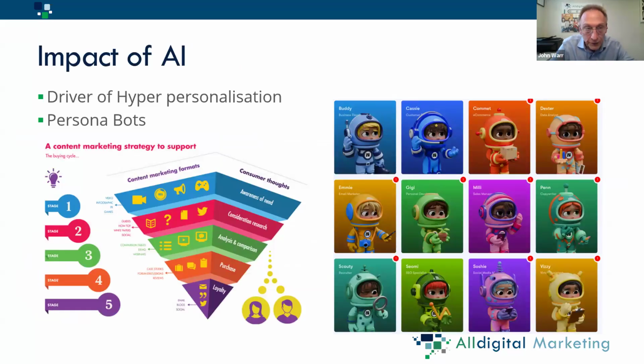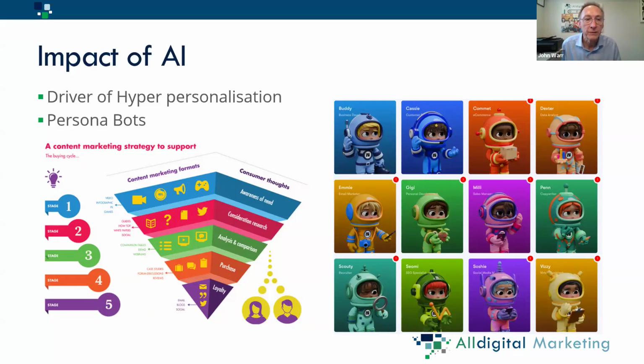AI, what's AI going to do in this space? Well, what AI does is, I mentioned to you before, we normally have 2 or 3 personas, which means you're trying to put every buyer into one of 2 or 3 buckets. What AI allows you to do, one, is if you have set up the campaigns for one of your personas, you can use AI to very quickly scale up and replicate the information for the other personas. And you can use AI to give you more micro personas. So you can start coming across more and more. So you can create persona bots.